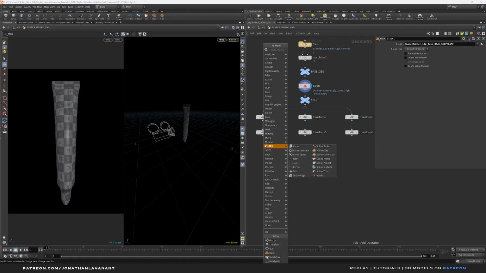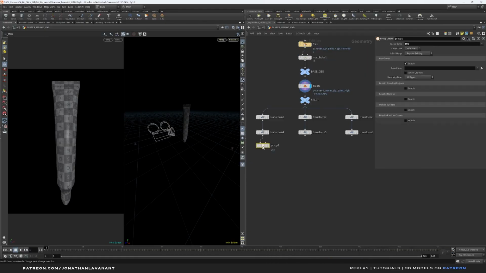So now we can create a group for each tube. So let's add a group node. And here for the group node, we can keep it on primitive. You can put a star here if you want. And here you can rename the group name. For example, we can rename this one